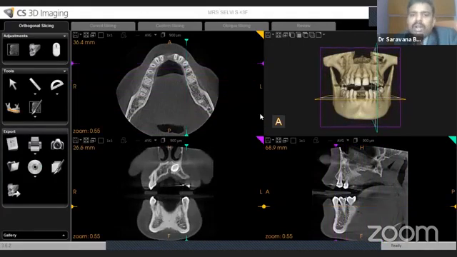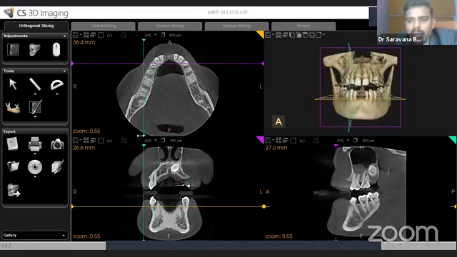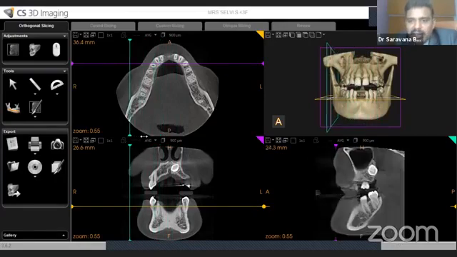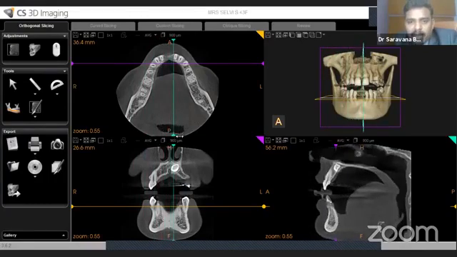Okay, if you want to move the sagittal slice, I have to search for the green color dot here. It is the green color dot. I am moving this green color dot. Now you can view the movement of the sagittal slices in your FOV, that is the 10 by 10 FOV.